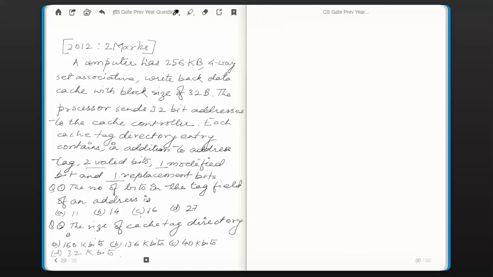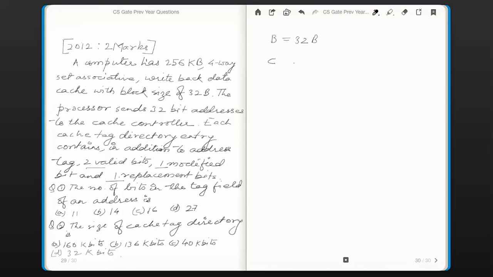So first of all, we would attempt the first question, that is to find out the number of bits in tag field. For that we need to know the number of cache blocks. Number of cache blocks is not directly given. What is given is total cache size and size of a block. So first of all we would write what is given, that is block size. Block size, let us represent it as capital B, is given to be 32 bytes.